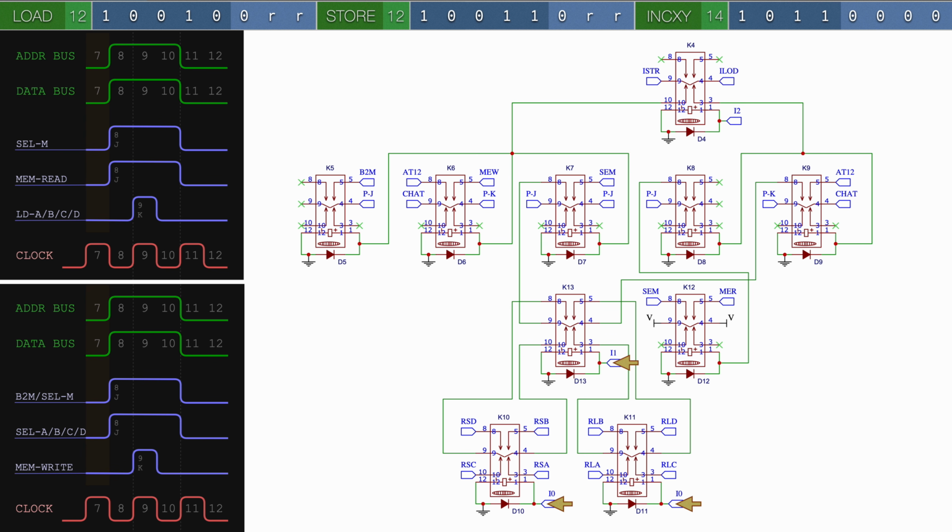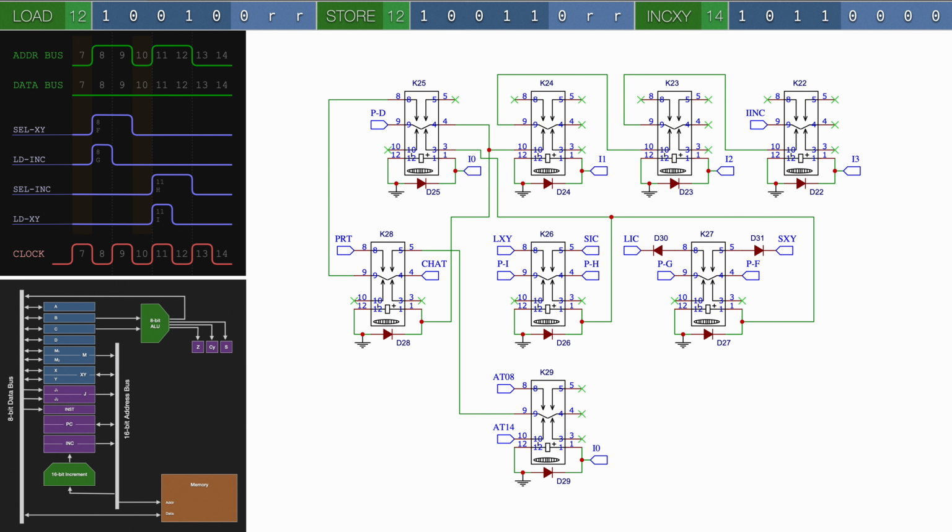Let's take a look at the 16-bit increment XY instruction. Similarly, the class of instruction comes in from the decoder here. And similarly, we disconnect from the outside world if the instruction code doesn't end in 0, 0, 0, 0. The sequencer will at some point request our abort choice via the chat line, which we route through to the abort 14 line. Next, we accept the sequencer pulses through the second row of relays here, and again by default